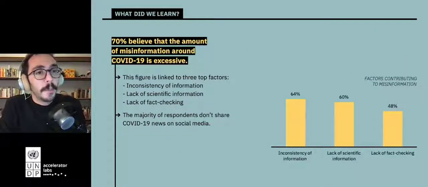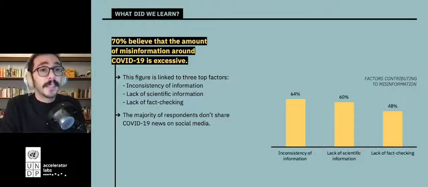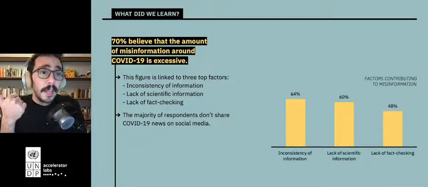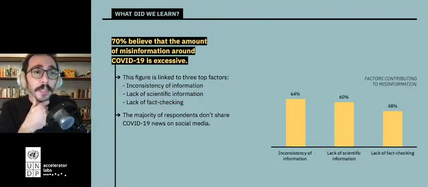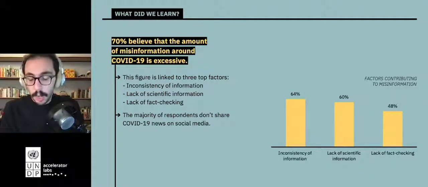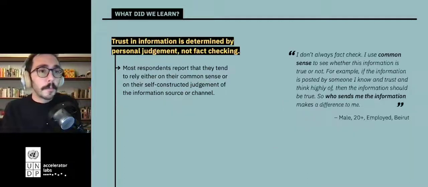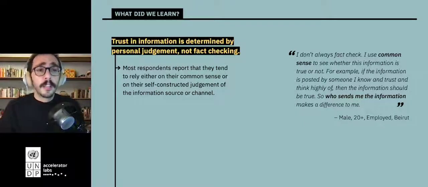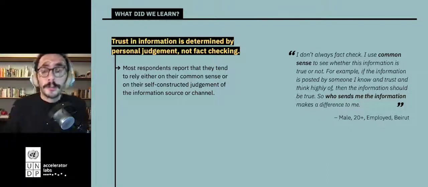70% of the respondents believe that the amount of misinformation around COVID-19 is excessive, and this is linked to three top factors: the inconsistency of information, lack of scientific information, and lack of fact-checking. And the majority of respondents don't share COVID-19 information on social media. Trust in information is determined by personal judgment, not fact-checking, and most of our respondents said that they rely on their common sense or their self-constructed judgment of the information source or channel. So it depends on who is relaying the information